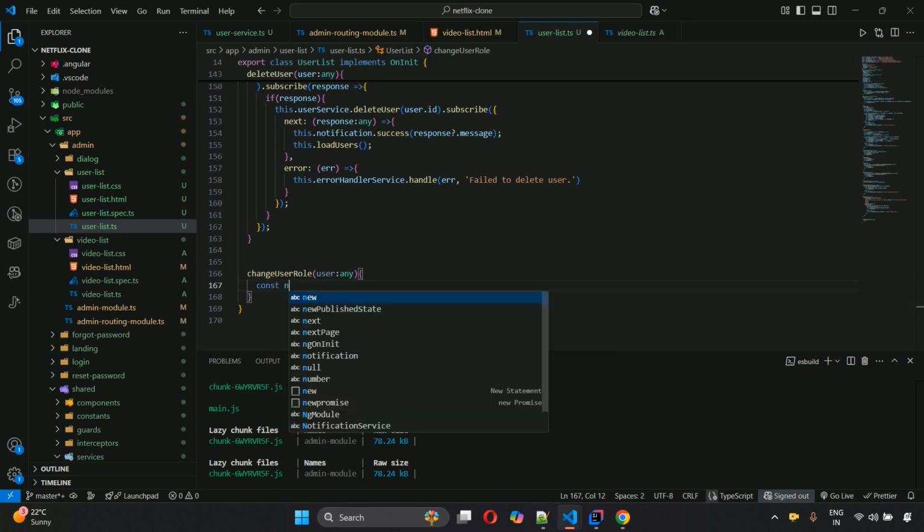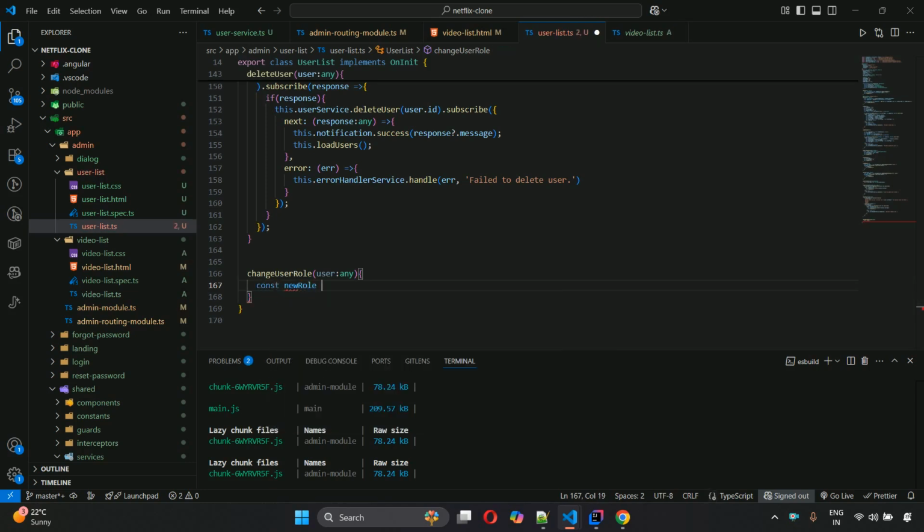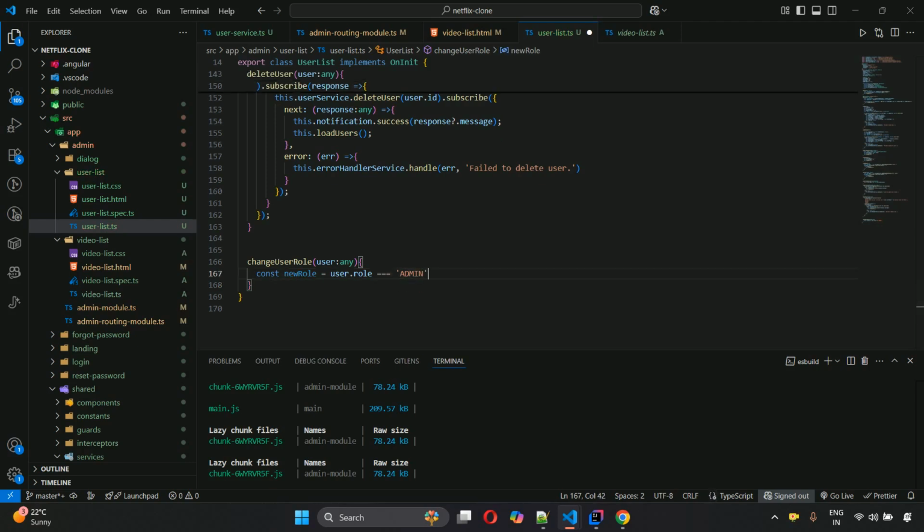So new role, and then user dot role is equals to admin, three times, not 4 times, and question mark, then user, or then admin,